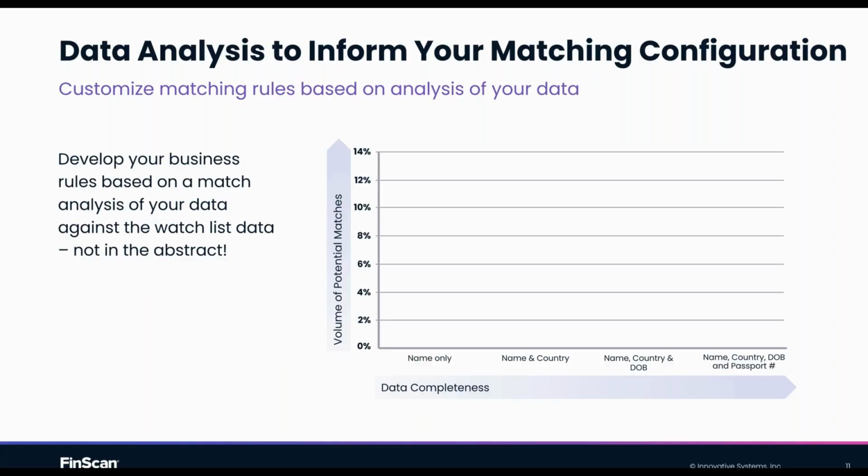We worked with somebody recently where they absolutely said date of birth. It's an absolute key identifier for us. If we're not going to match on the date of birth, it shouldn't be a match. Set that up for us in the system. Well, we can do that. But did you know that only 40% of your customer records you've handed to us actually have a date of birth? Can you really rely on that? So being able to look at that and then say, yes, this is data we can leverage, gives you a big, big improvement. So by way of showing this, name only.